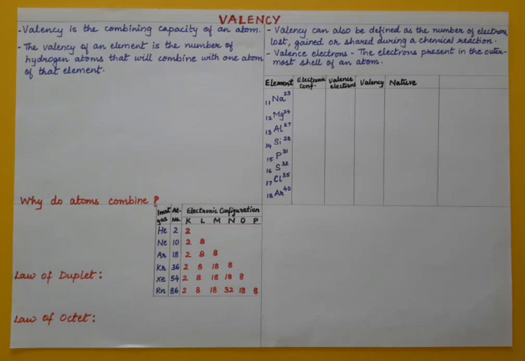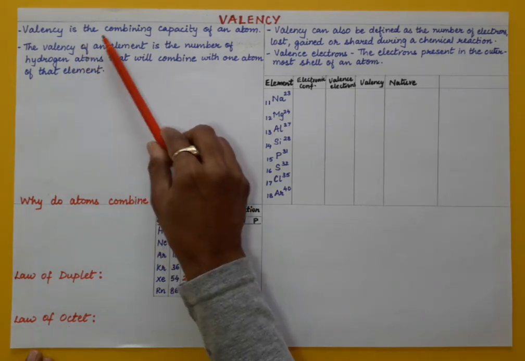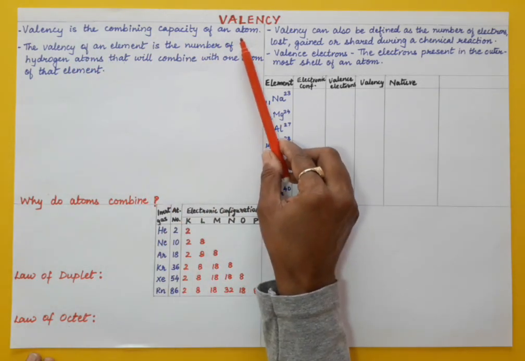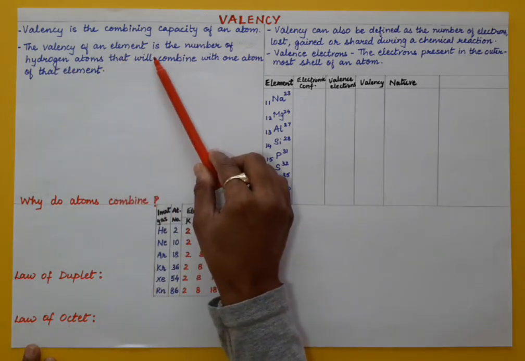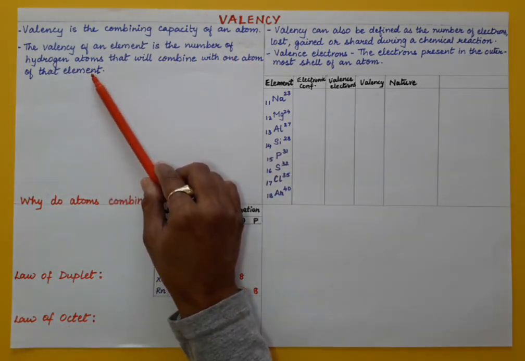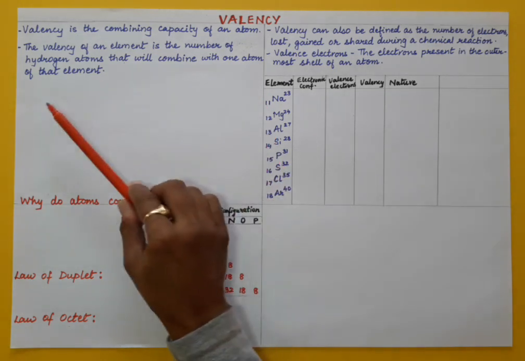Hello students, today we are going to study valency. Now there are two definitions of valency. Valency is the combining capacity of an atom. Here the valency of an atom is the number of hydrogen atoms that will combine with one atom of that